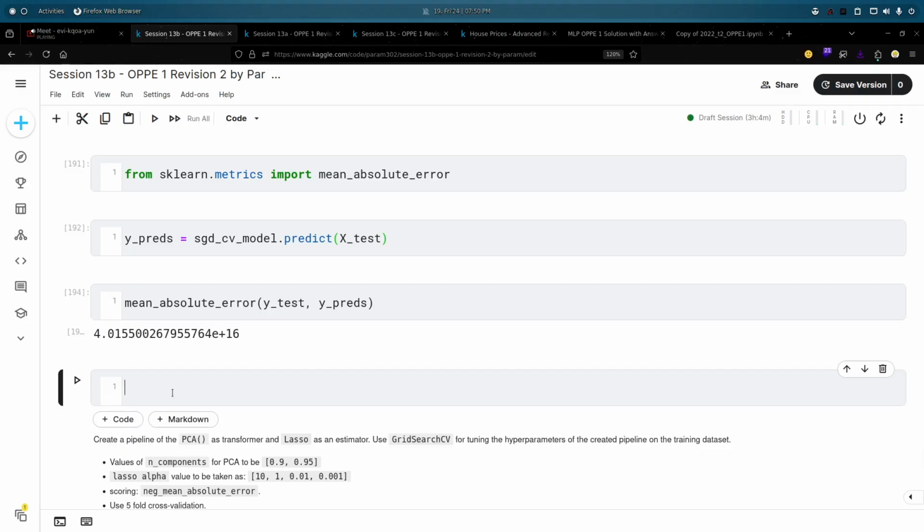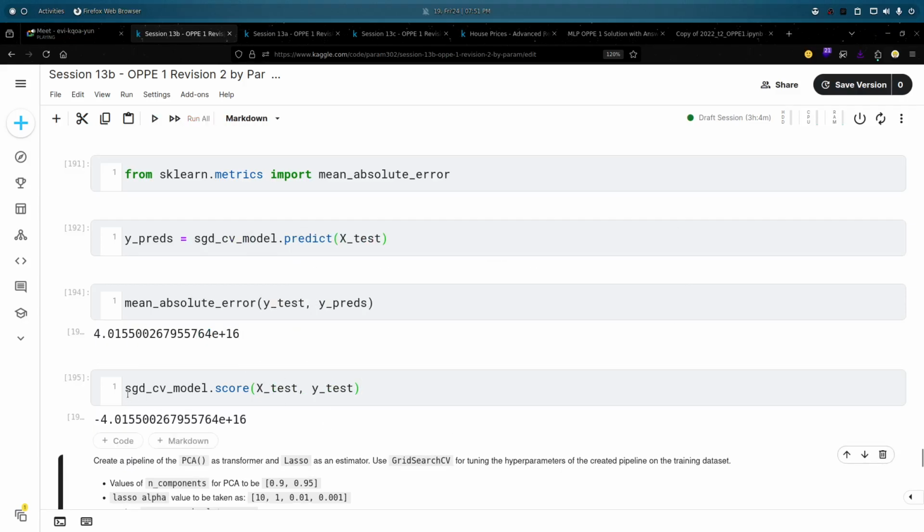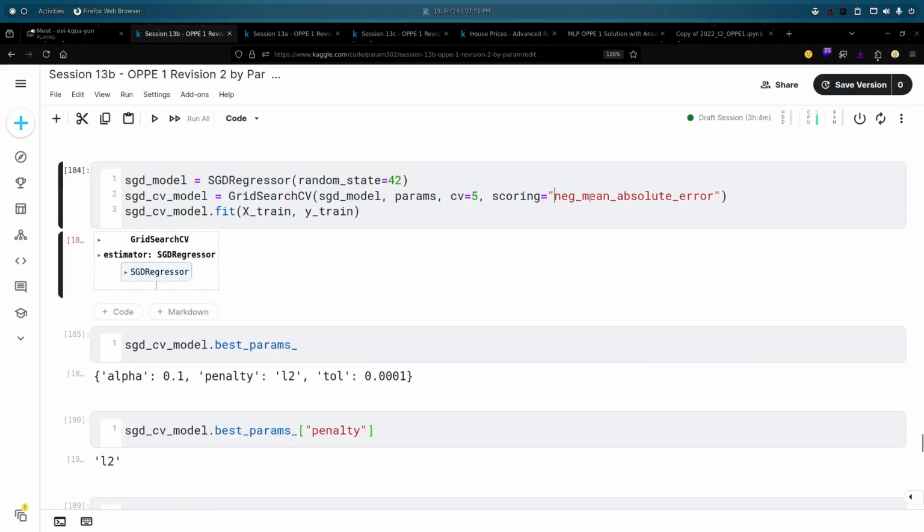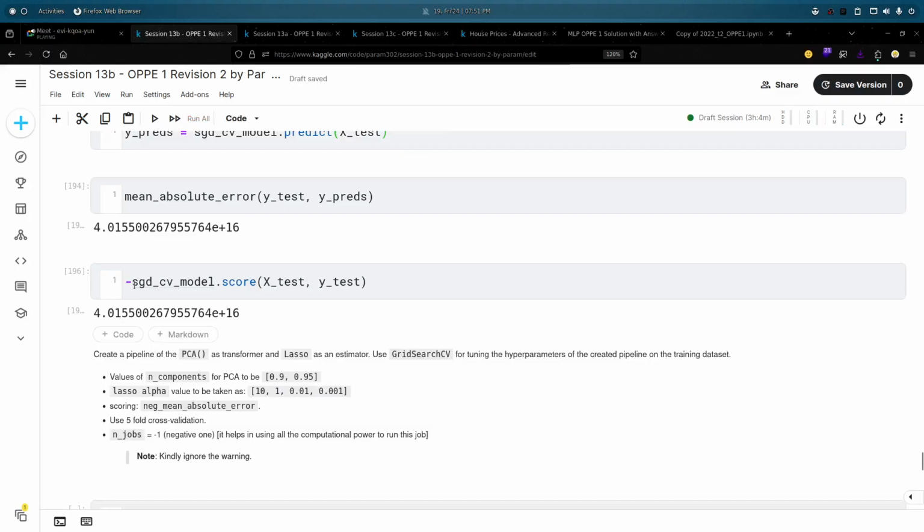And if I simply do this also, the CV model dot score, and I simply pass X test and y test, it will give me the same score, but it is negative because we have passed the score as negative. So you just have to multiply it by -1 and you will get the same score.